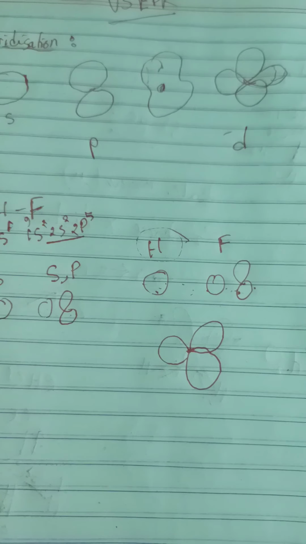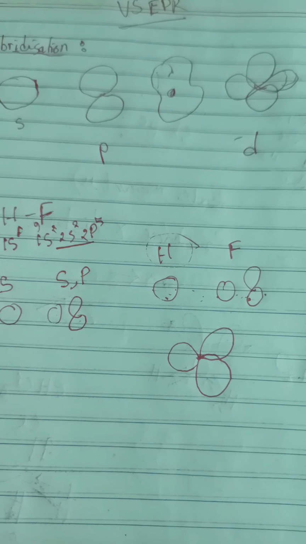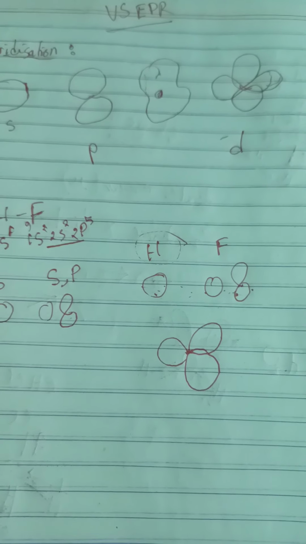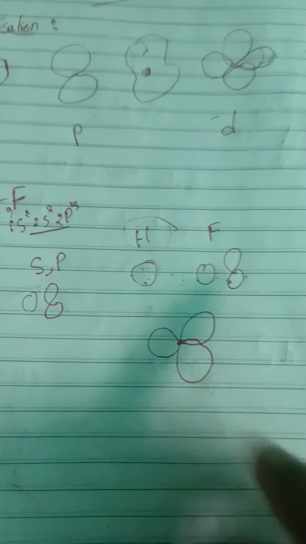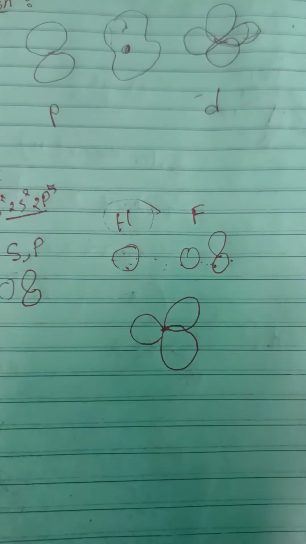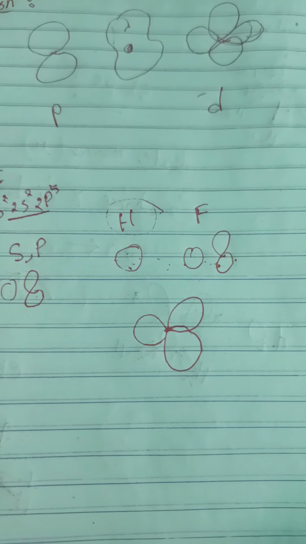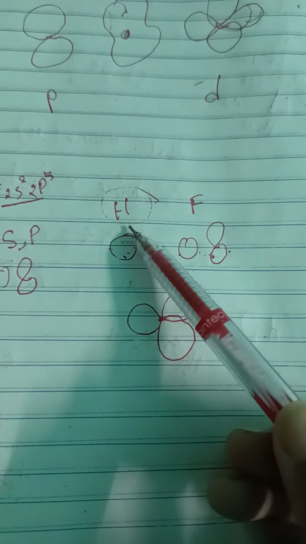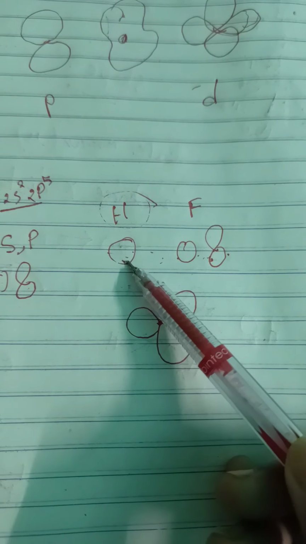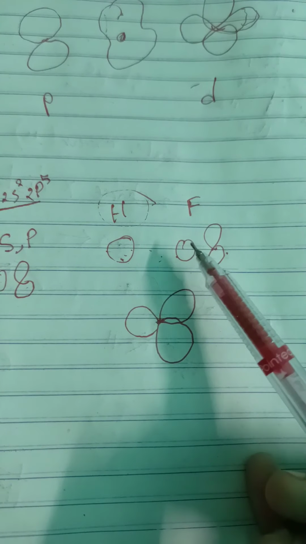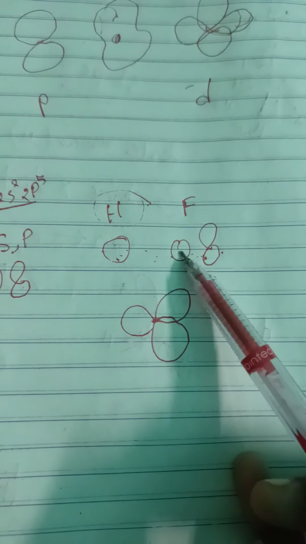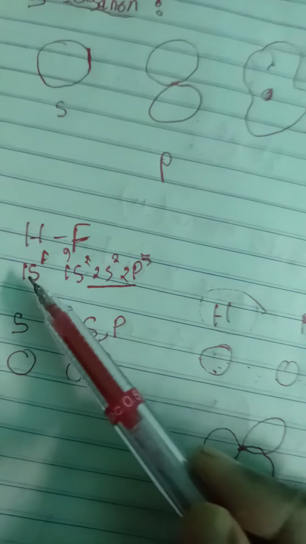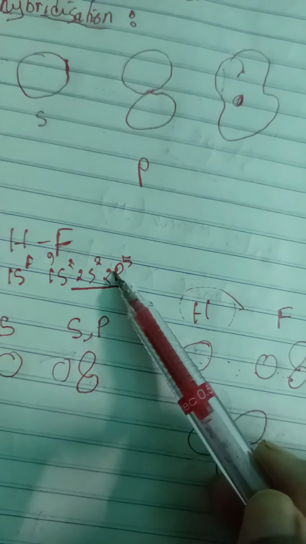if you want to merge the orbitals with each other to form a covalent bond, their orbital shapes have to be similar. I gave one example, I think from your book also, in the hybridization topic. Suppose I took hydrogen and fluorine: hydrogen's 1s orbital and fluorine's s as well as p orbitals, these orbitals are coming in the bonding, in the outermost valence shell.